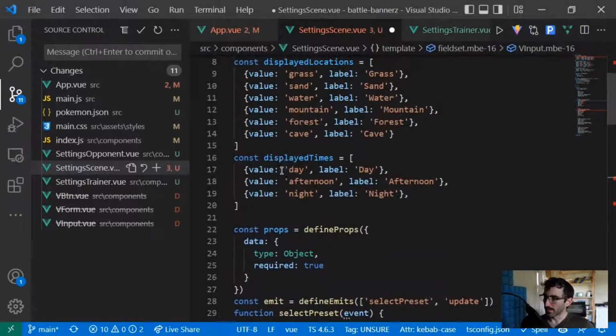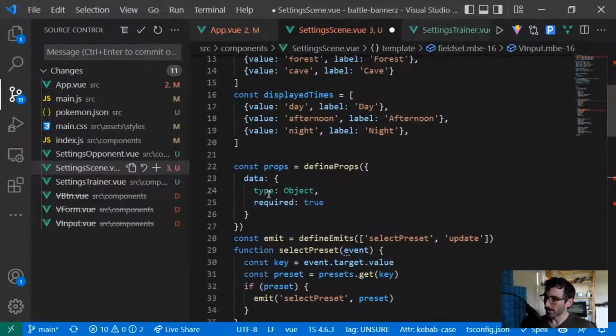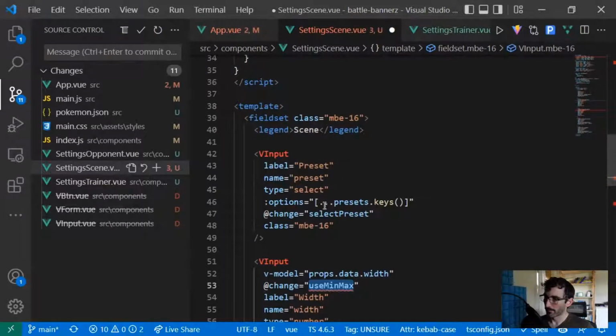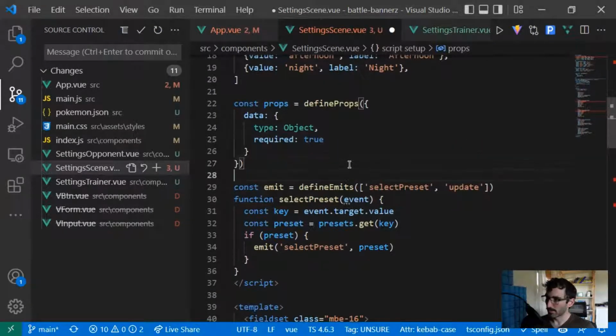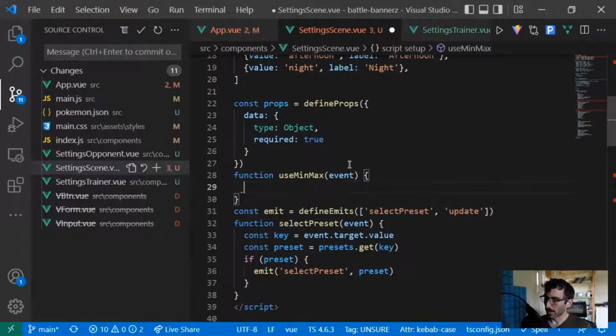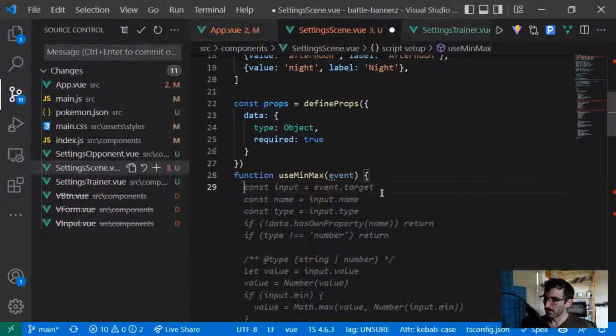And that means I need to write a new function called use min max. So where are we? We've got our emits. I'm going to define a function called use min max, which is going to take an event and is basically going to,